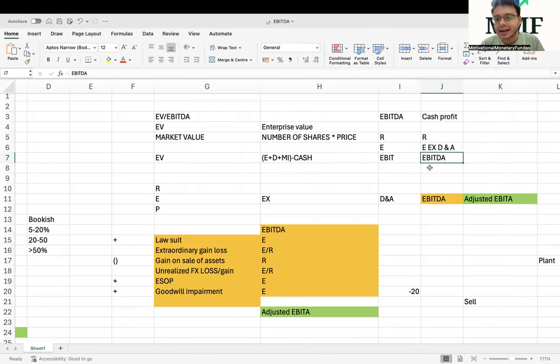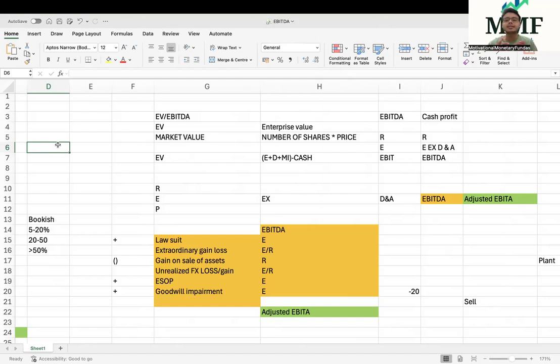Now, here we need to understand the second point. Coming back to EV, I was telling that cash is a non-operating asset. It doesn't generate income for the firm. Cash is not yielding anything to the core operations, or trying to maximize the core operations of the business. Cash is a result of the core operations of the business, and that is why we call cash a non-operating asset. But the second reason why we exclude cash from EV is the basic principle of valuation,